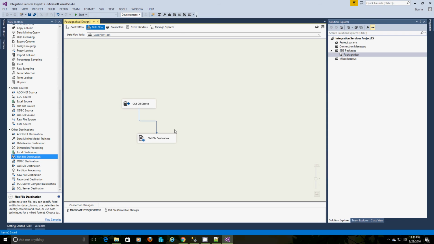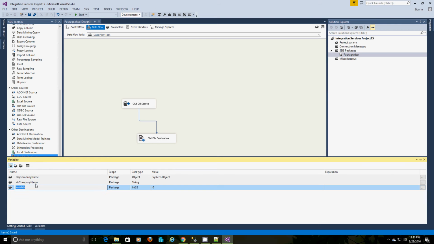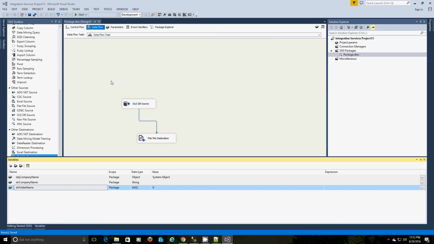Since we have to create these files dynamically, we also have to change the connection. Before doing that, just define another variable called string folder name, and we have to create those files in this particular folder.